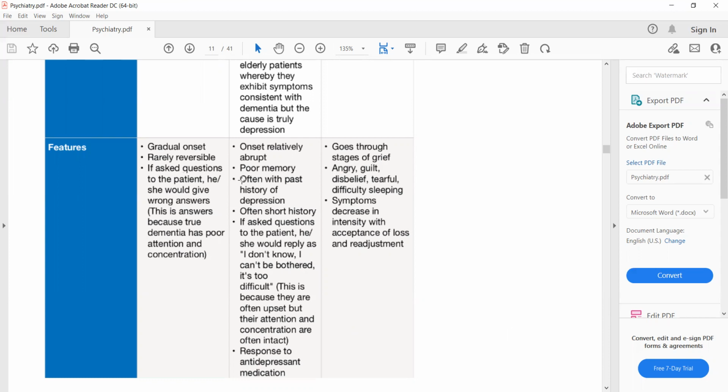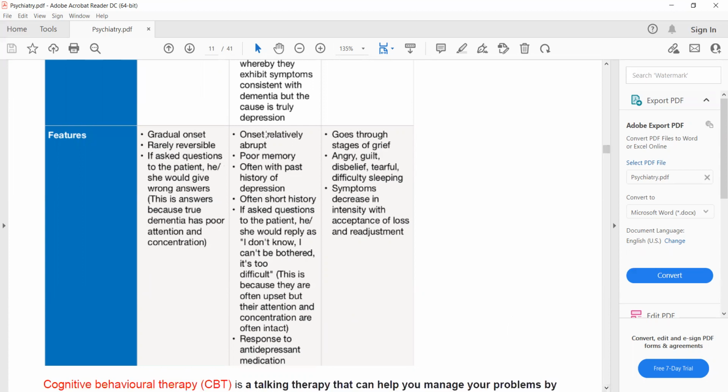And the other difference between these two is that patients with pseudo dementia present to the hospital themselves because they have insight into their disease. So they will present to your clinic or to the hospital themselves. While patients with dementia do not have insight into their disease. So they will be brought in by either police or their relatives. So these are the two important points on the basis of which you can differentiate between dementia and pseudo dementia due to depression.